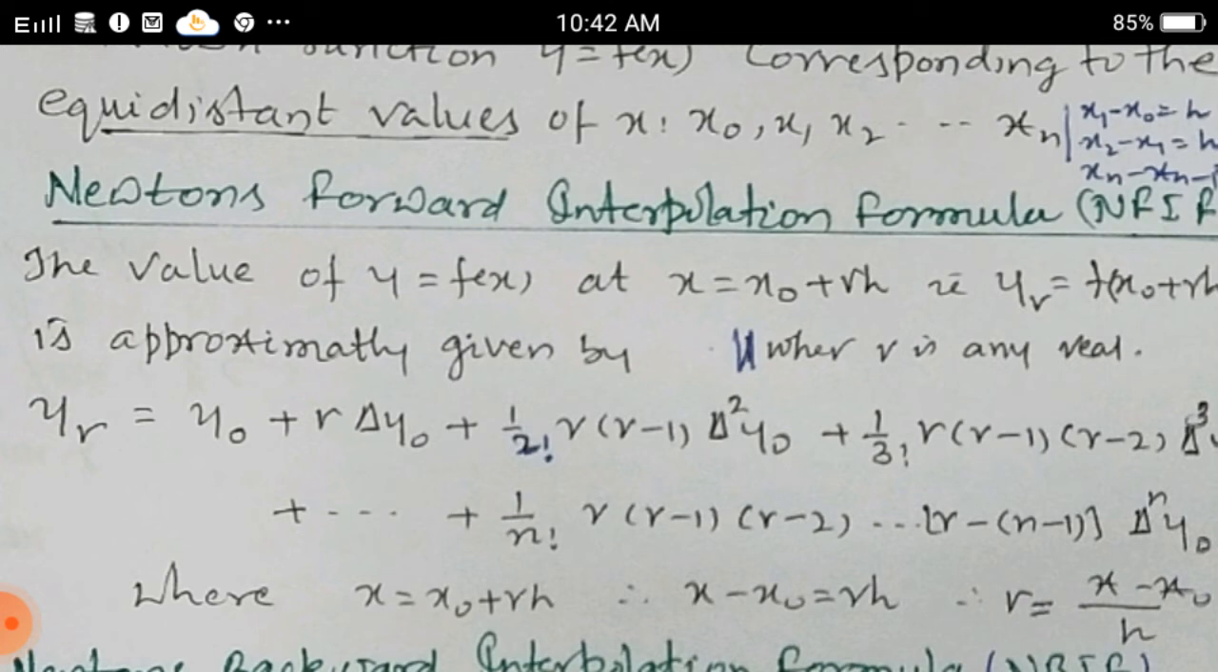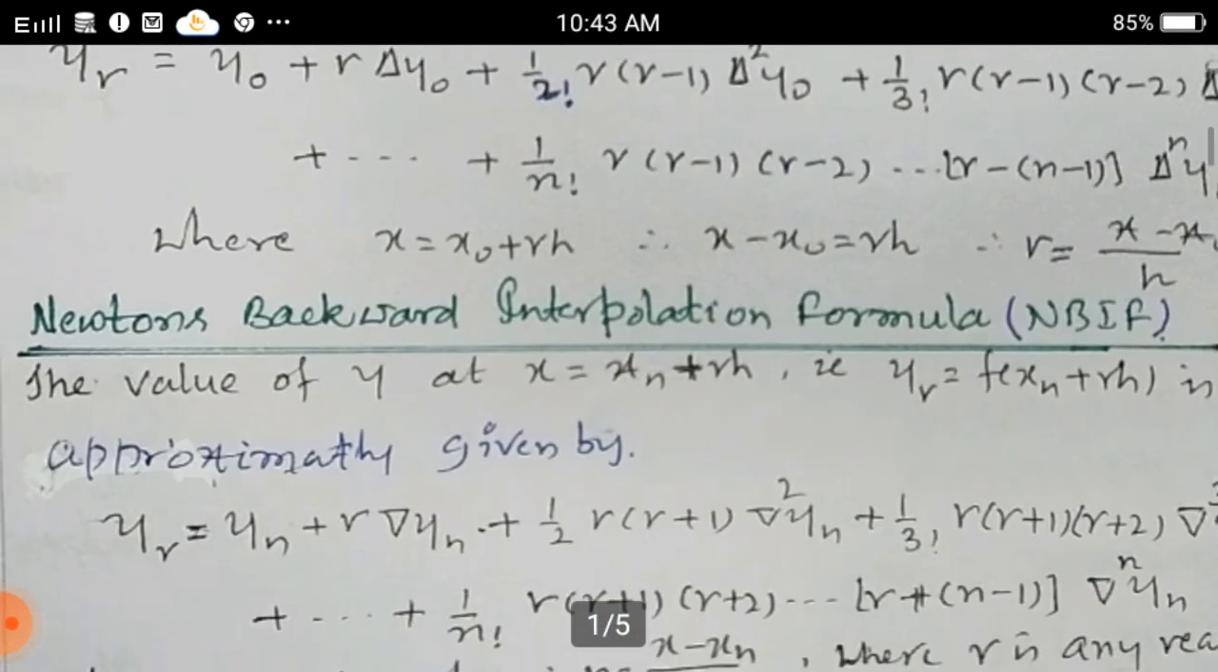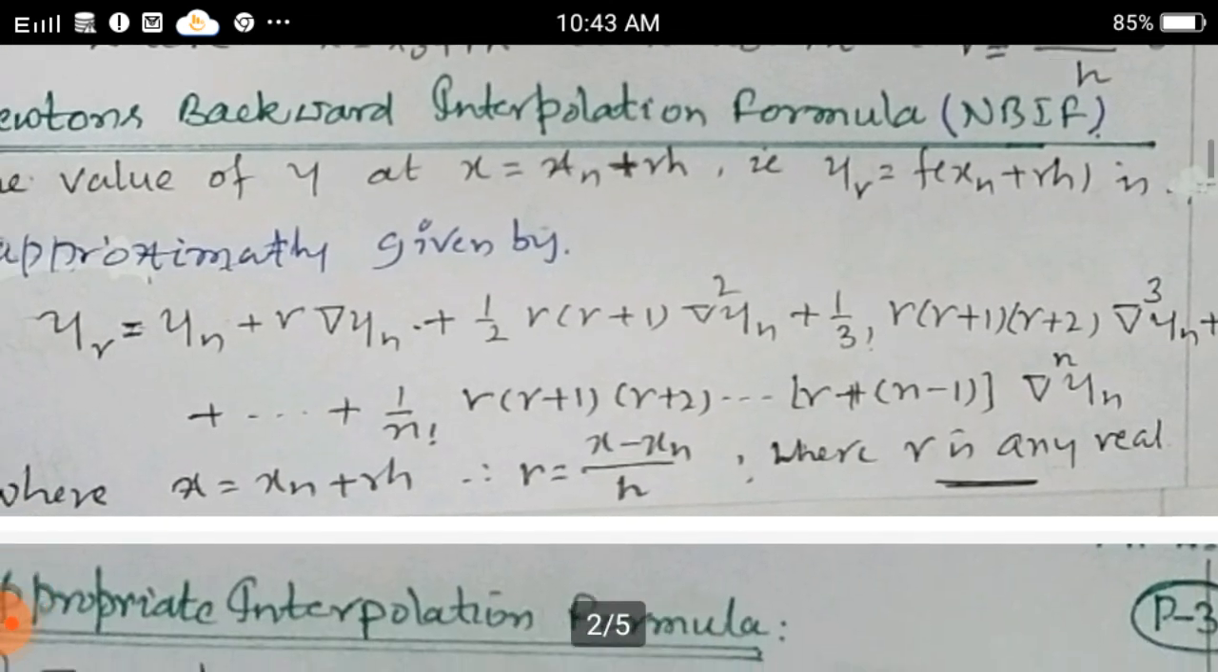The value of y, so you know y is equal to y naught, y1, y2 and so on, yn. The value of y at x is equal to xn plus rh, that is y suffix r is equal to f of xn plus rh, is approximately given by, y suffix r is equal to f of xn plus rh is equal to y suffix n, okay,